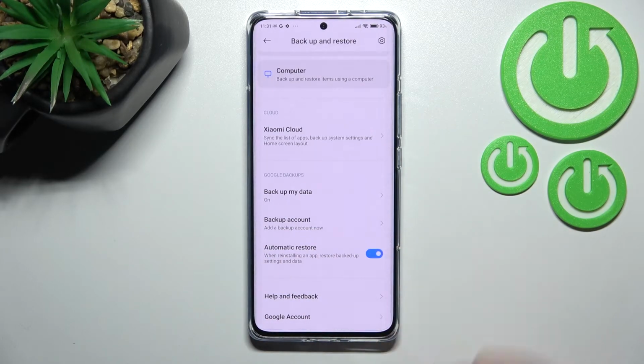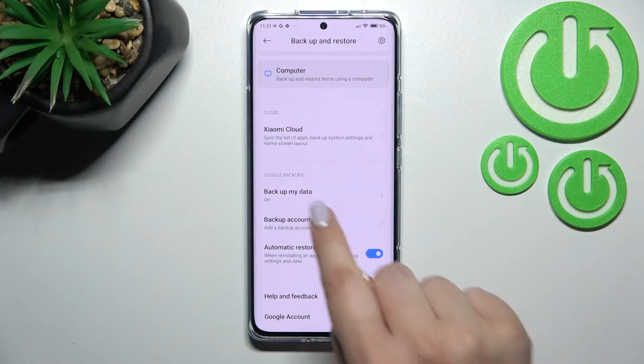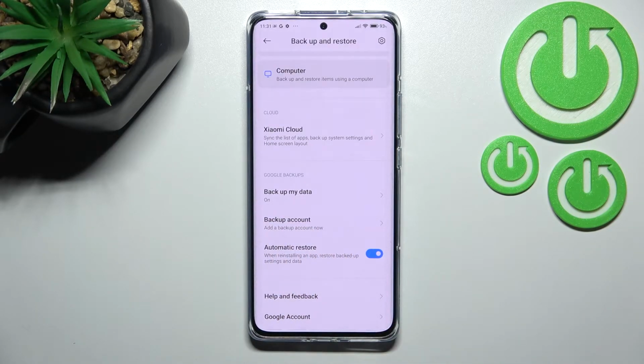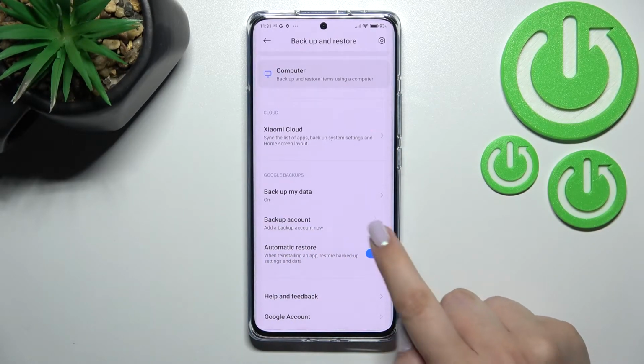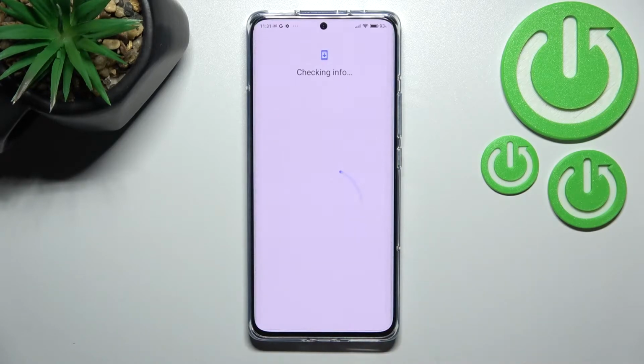As you can see, on the second position we've got Backup account option, and we have to tap on it. But if for some reason in your case this option is inactive, it simply means that you have to tap on this very first one and tap on the switcher to turn on the Backup My Data option. So let's tap on Backup account and make sure that you've got the internet connection, because it is required for